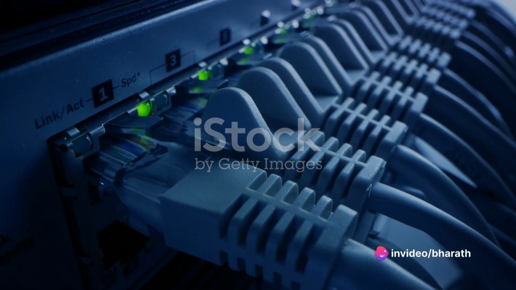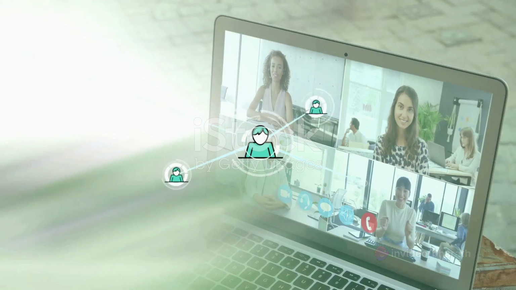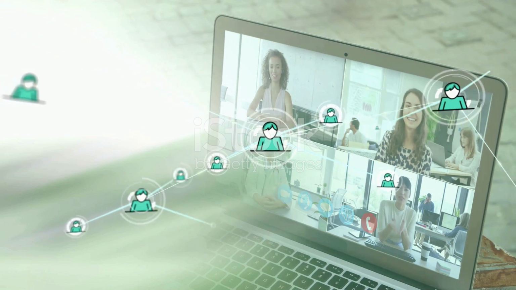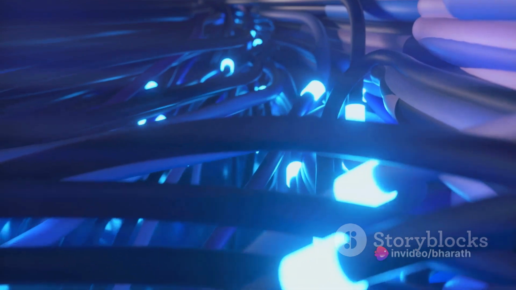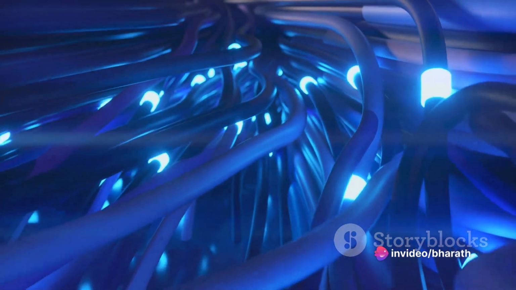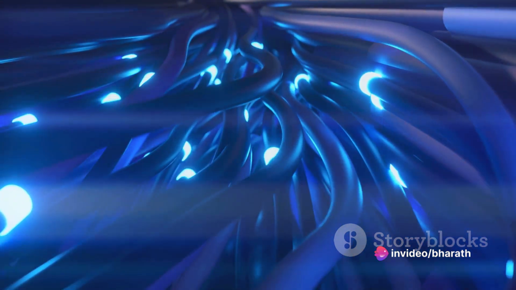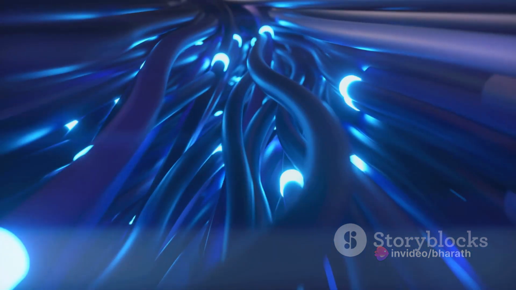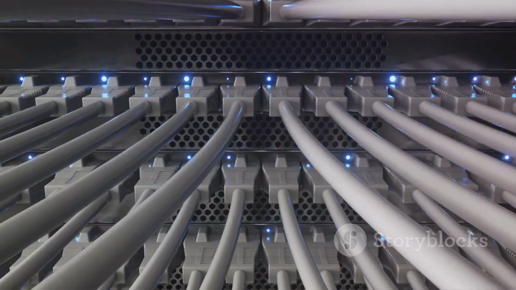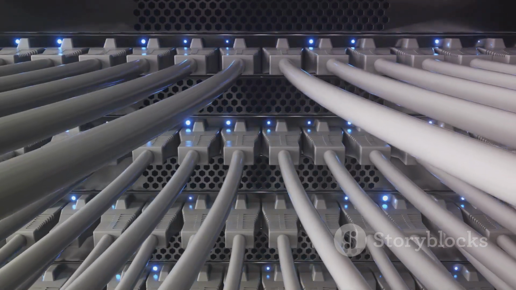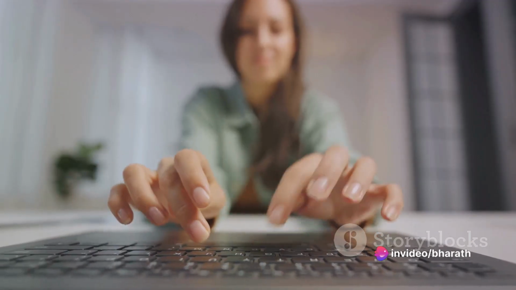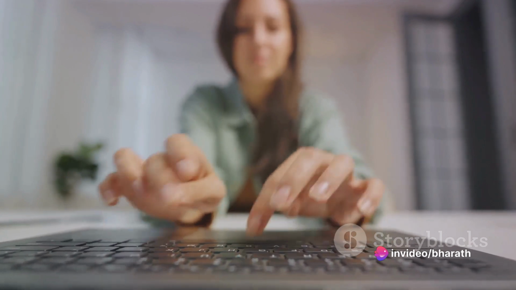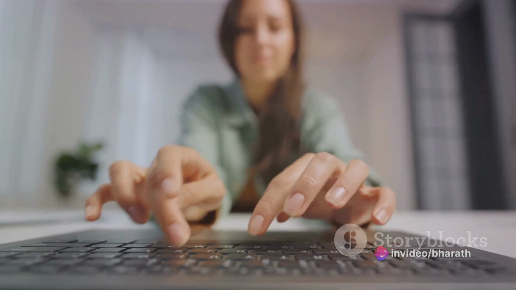Suppose you have a device within your private network, like your personal computer. This device carries a private IP address, a secret code that's only recognized within the confines of your private network. But what happens when this device wants to reach out to the internet, which operates on public IP addresses? Here's where our translator, the NAT, steps in. It takes the private IP address of your device and translates it into a public IP address that the internet understands. This way, your device can send and receive data over the internet, all while keeping its private IP address